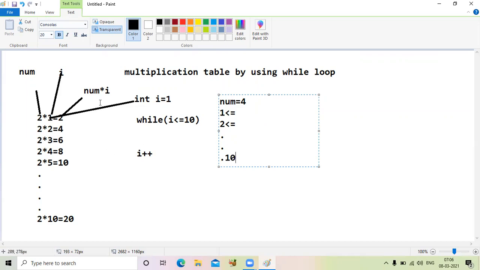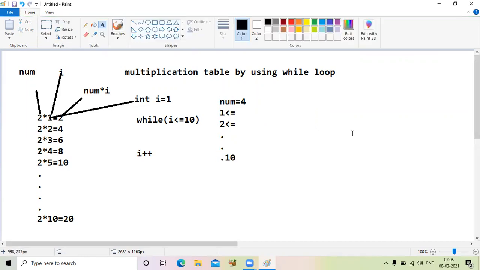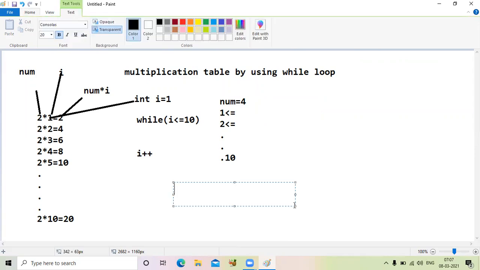Then finally we need to write the output. How can we write this output? For example, n comma i comma n into i.